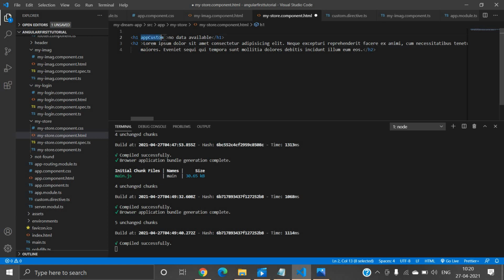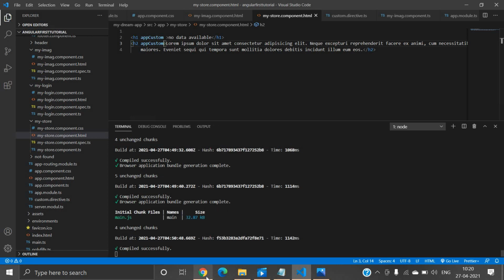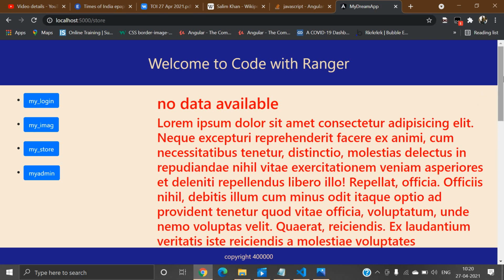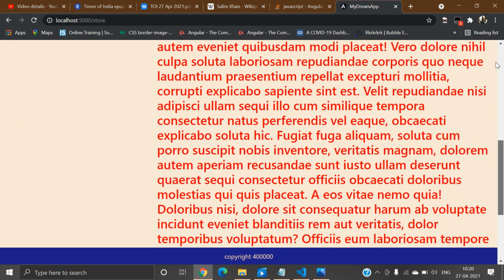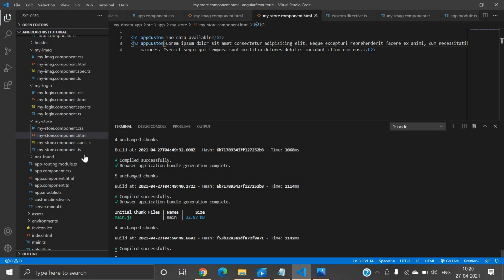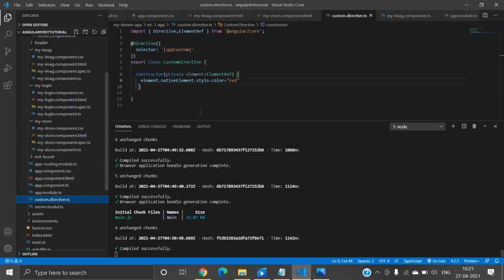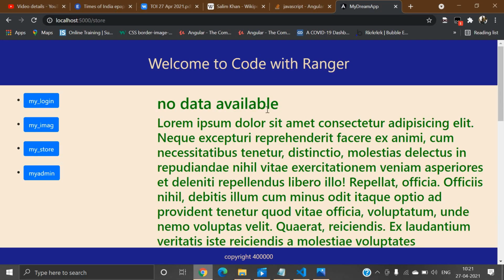This is the selector name, app custom, and I will just paste it here. Now I will save this file. Now let's move to the browser. Now here you can see the data is displaying in red color. You can use any CSS properties inside custom.directive.ts. Let's say I just write green color here. Now you can see it is displaying in green color.